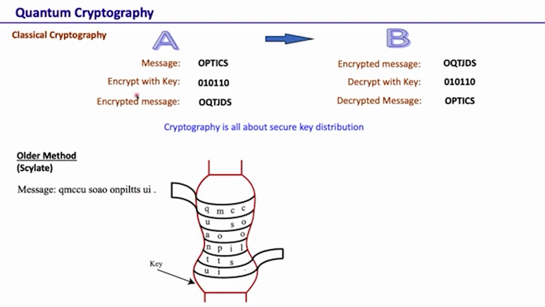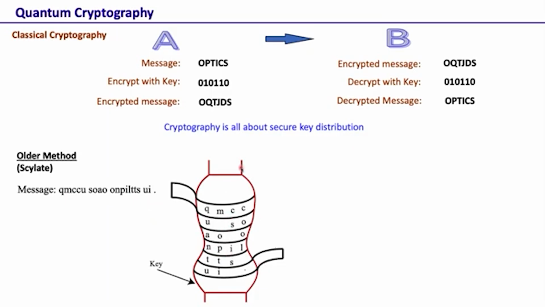So with this, when a message is sent, for example here this is the message, when this message from A reaches B, then B wraps it around the skytale, and then these letters get aligned. For example here, it can't make sense of it, but here it becomes "quantum optics is cool." So that's the message. When A sends a message, he writes the strip around this skytale, writes a message, and then this strip goes to B, and then again B wraps it around the same skytale and retrieves the